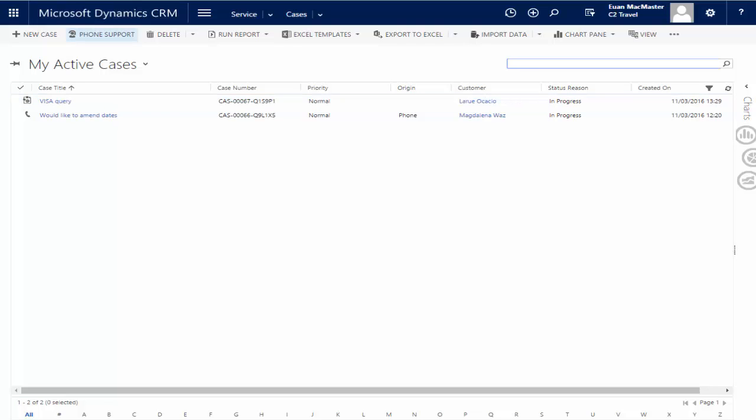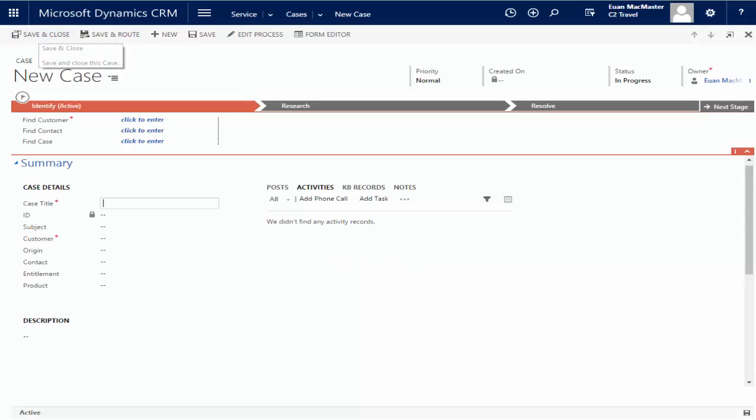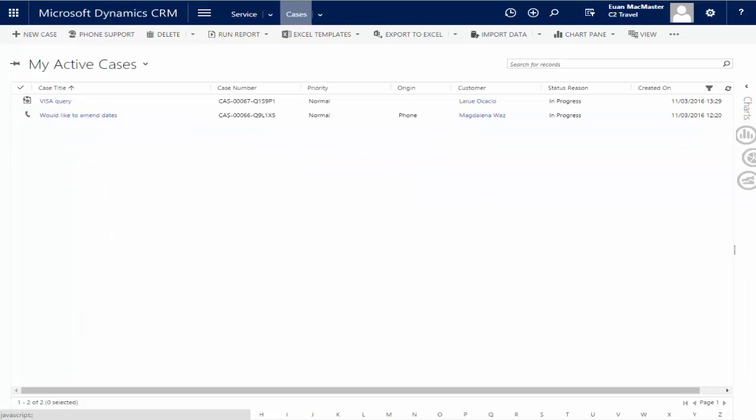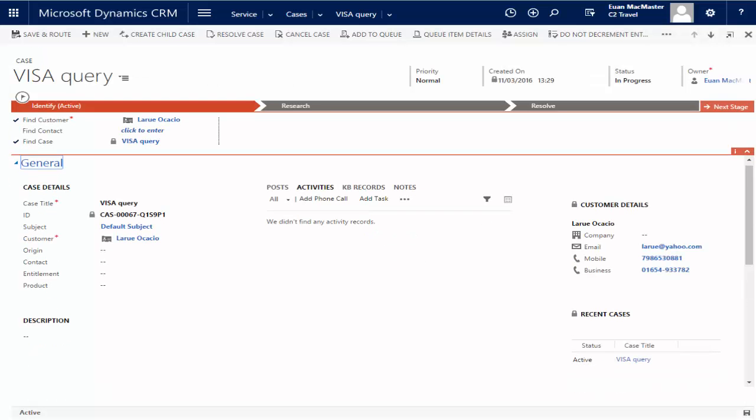Now, in the cases area, if I was to create a new case, say I was a customer service agent, and I go in there, we also have a business process flow that can take users through your specified business processes, so finding the customer, finding related cases, doing research on it. Now, what's also very useful is if I go to one which already exists, so here's someone who's querying a visa,